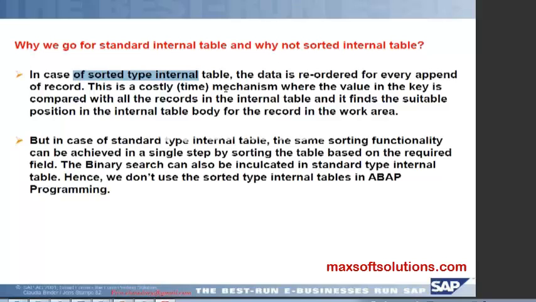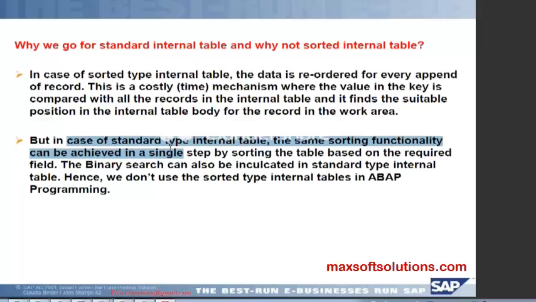This is a costly mechanism where the value in the key is compared with all the records in the internal table, and it finds a suitable position in the internal table body for the record in the work area. That means if you append any record, it will be compared with all the records, and only then will it be appended. That comparison takes processing time, so there will be a performance issue. So that's why we don't go for the sorted internal table.